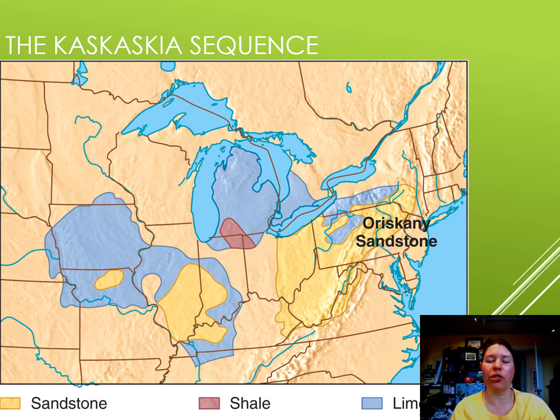So this is a large packet of rock units overlying the earlier Tippecanoe sequence that we talked about in the previous presentation. Its base is marked by a major unconformity where we've had erosion occurring before sea level then rose high enough to deposit more sediment. So the Kaskaskia sequence began accumulating as the sea, called the Kaskaskia Sea, transgressed or rose over the North American craton, which was quite low.